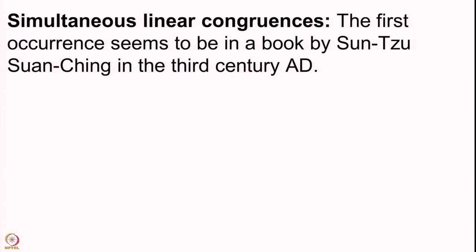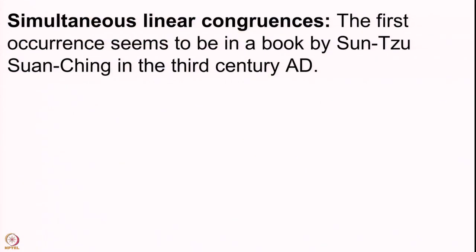So, the first occurrence of this seems to be in a book by the Chinese mathematician Sun Tzu in the 3rd century AD. It was a very nice, delightful book. There are lots of parallels that we should see here. In India we know that Bhaskaracharya had written Leelavati, which was basically a collection of problems, and the solutions to these problems led to various theories on how to solve these problems. So, there were problems of similar types, there were methods described to solve these problems, and so we learnt new methods. Similarly, this book by Sun Tzu had a problem which reads as follows.